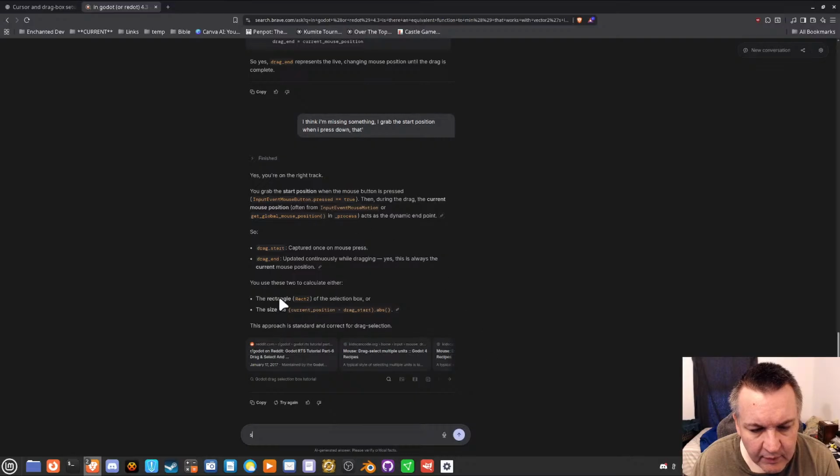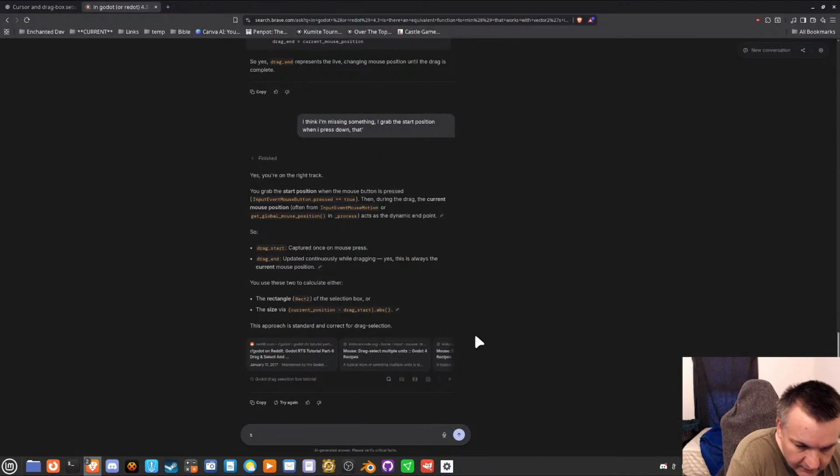So drag start is captured once on mouse press, and dragging is updated continuously while dragging. You use these two to calculate either the rectangle of the selection box or the size via current position.